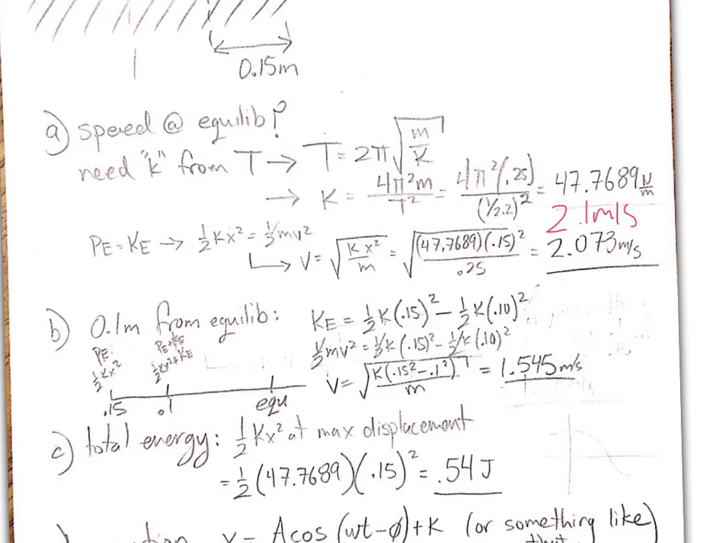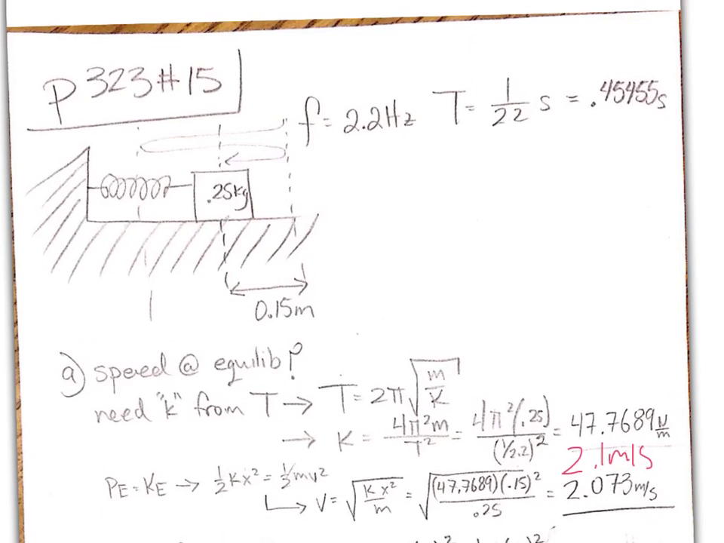Okay, for part B, it's 0.1 meters from equilibrium. So that means it's going to be either here or here. And it can be on the way out or the way in, and it's going to have the same velocity, which I know sounds a little weird. I didn't just say that. It's going to have the same speed, which I know sounds a little weird, but that's the way the world